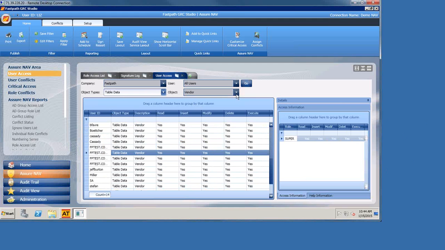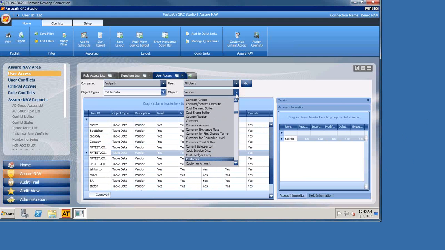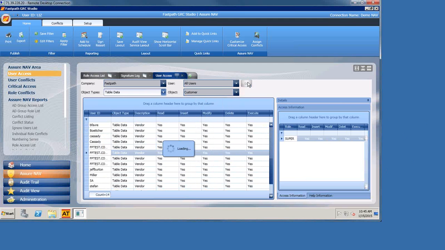Okay, if we were to look at another object, so let's look at customer and click go, we can see who has access to the customer object.